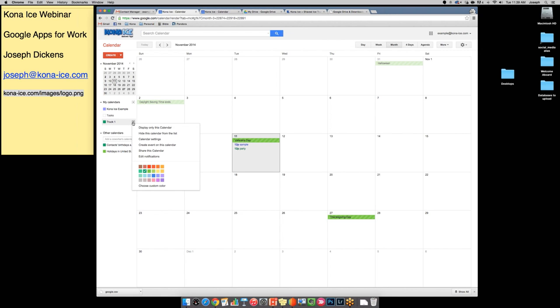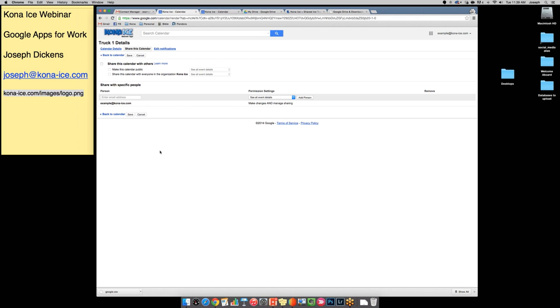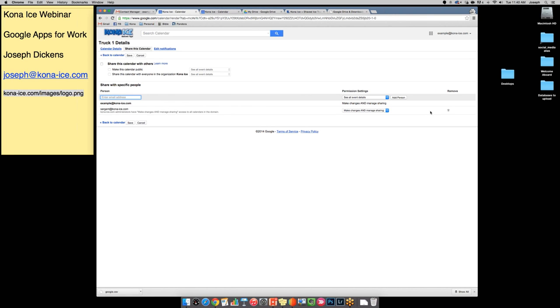You're going to click the little down arrow next to this calendar, and you're going to click share this calendar. Now the nice thing about this is it gives other people access to this calendar without actually having to give them your password to Google. What you can do here is share it with their email. So for example, if I wanted to share this calendar with Sargent, I'll type in Sargent's email here,